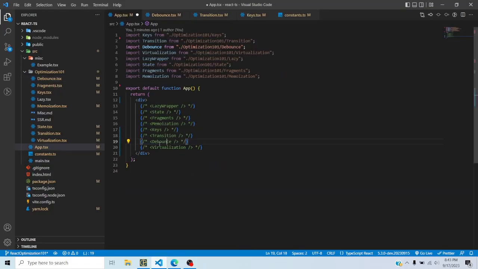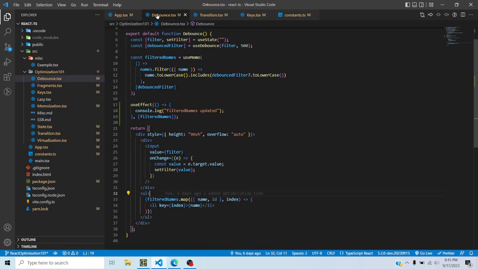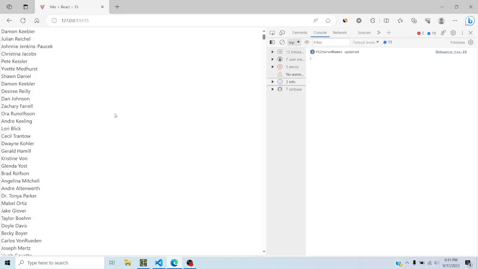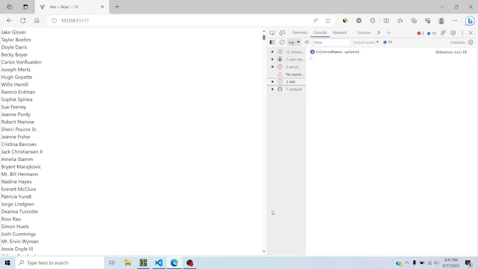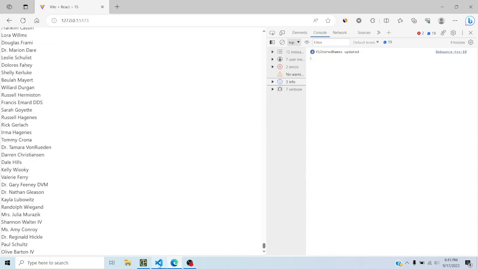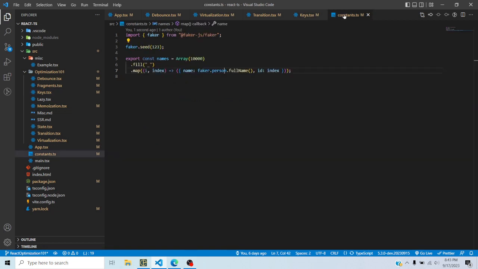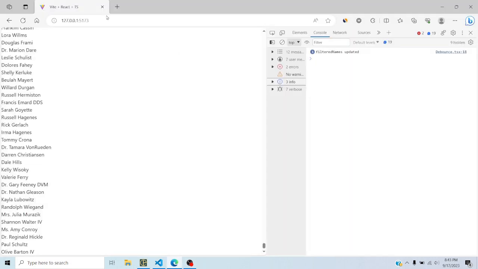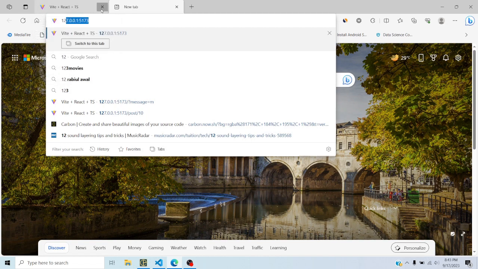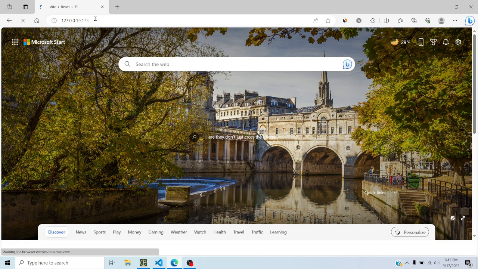So the last thing, there are other things as well, but the last example is virtualization. In this particular case I'm rendering 10,000 items right now, but let me change it to 500,000. Let me open another tab, let me close it, and let me open it, and now you will see